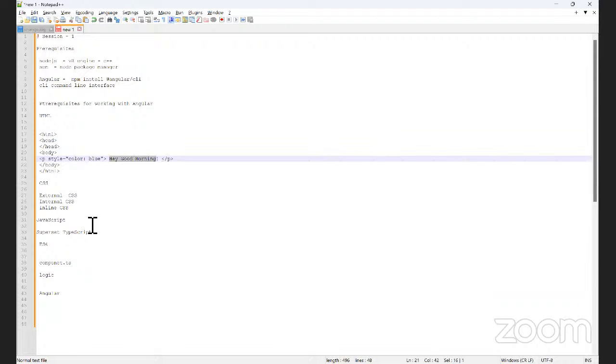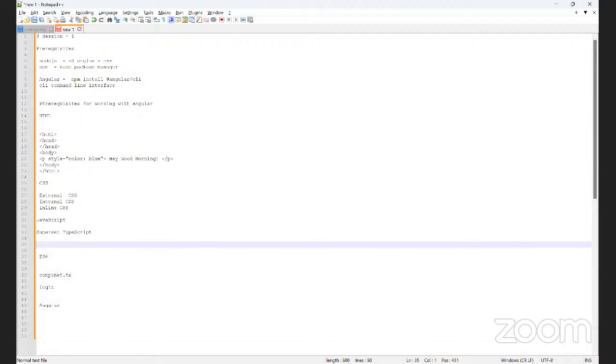But in TypeScript, suppose you give var name equals Raju. In TypeScript, we have taken one variable and we are storing a string in name.